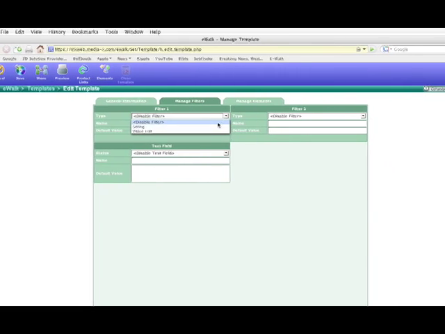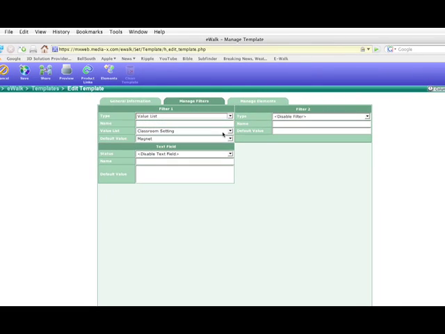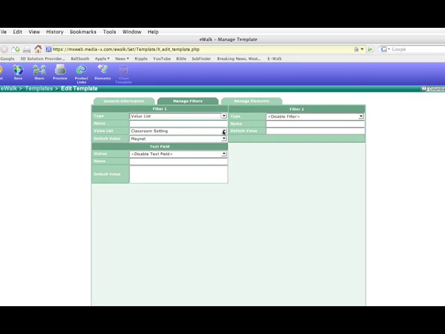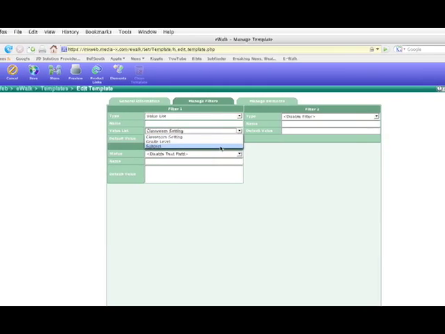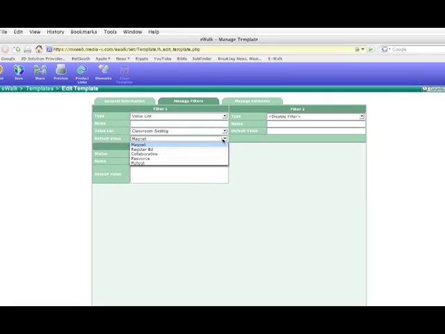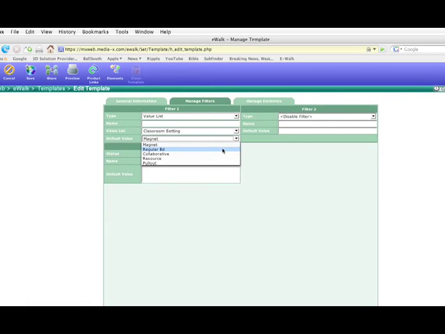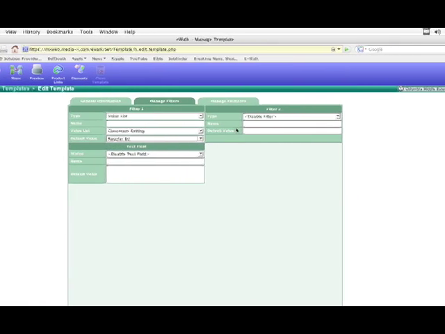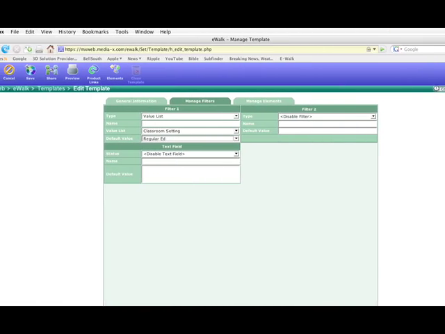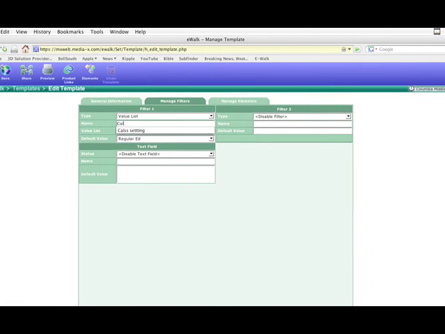Okay, now from here I want to go to manage filters. For type, I want to create a value list. Now I'm going to choose. I have an option of choosing subject, grade level, or classroom setting. I would prefer to use classroom setting. Okay, now this is going to be a regular ed class. And my second, well, let's give that a name. We're going to call this class